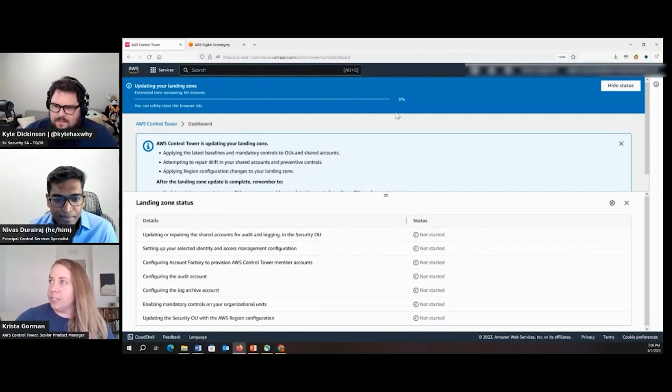So you have the percentage bar at the top, as well as the individual status and tracker here to help you understand where you're at with that update.